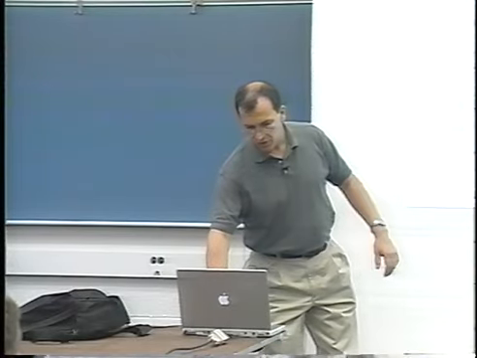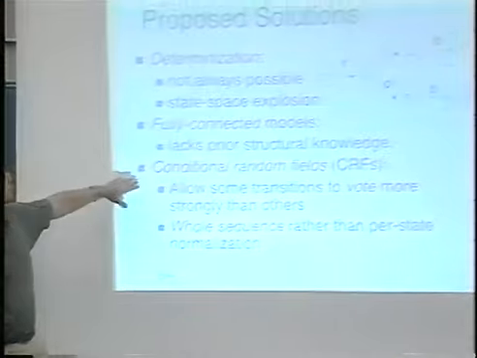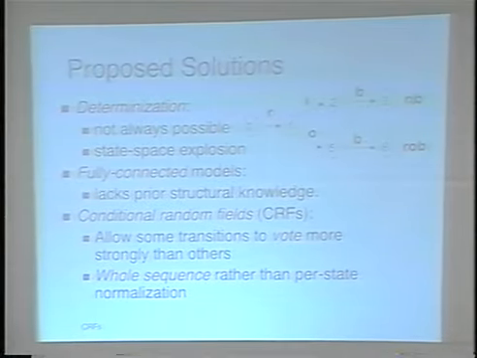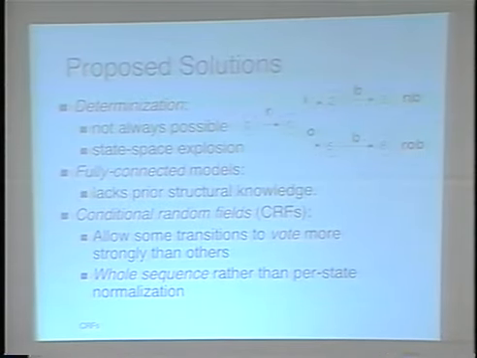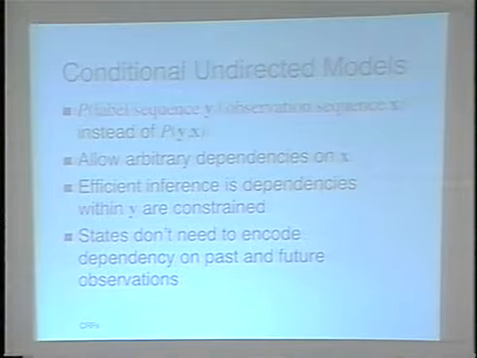So anyway, you could try to do various things which might help. But what I'm going to talk about is this kind of undirected graphical model, which you call conditional random fields, which you've heard about before, and you're going to hear about more now. So the main point is the following.